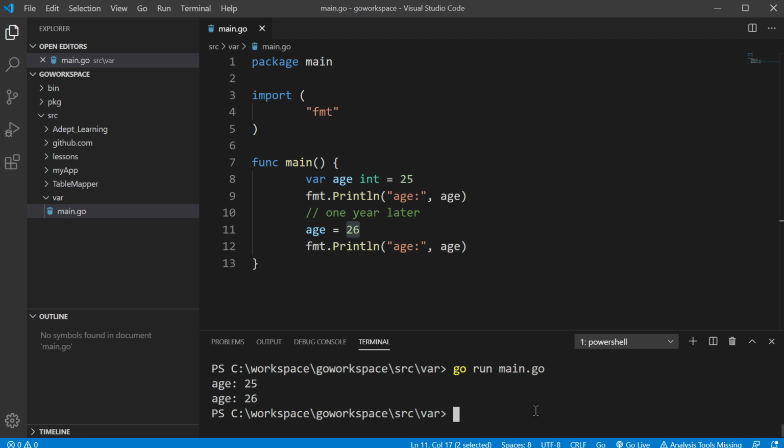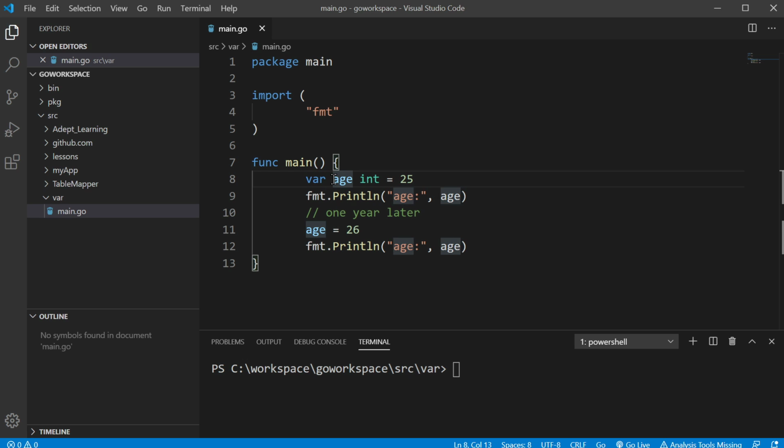Anyway, looking at our example here, we have our variable with var, which is our Golang keyword, and which is followed by the name. So the name of the variable is age, and our type is int, short for integer. We assign the value 25 to it, and we are going to go ahead and print that variable right here,